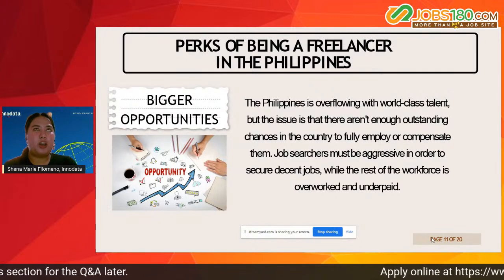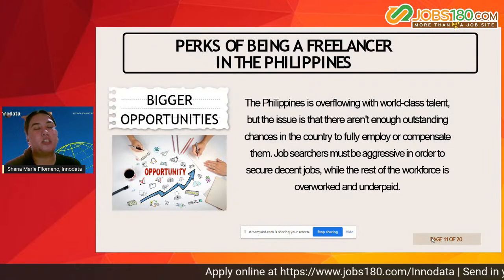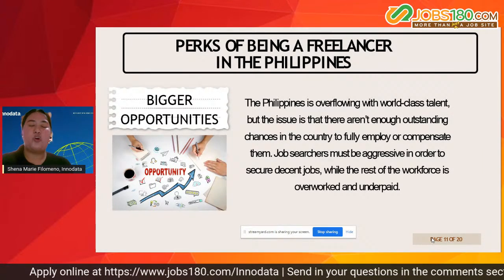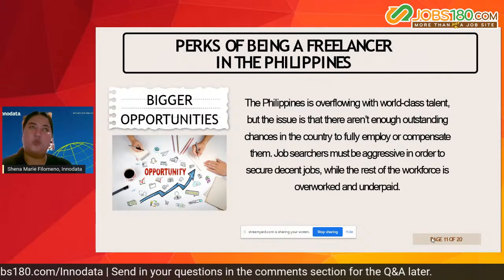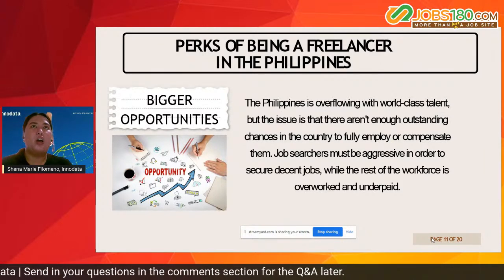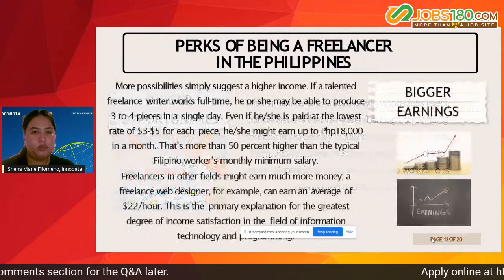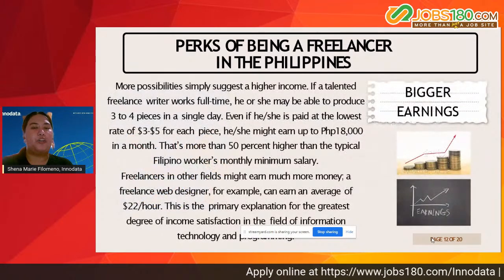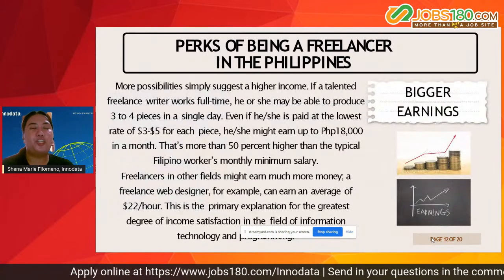Okay? So, that's why if they can't make it sa regular or traditional na employment, they tend to explore freelancing. So nakakakuha sila or they tend to work outside the country. Okay? So and then of course bigger earnings, just what I have mentioned earlier, that based on the studies na somehow freelancers are earning more than the